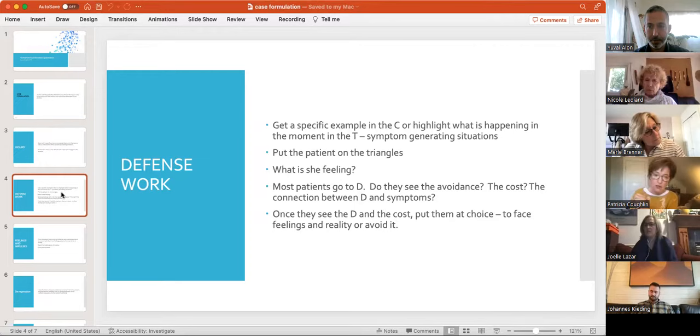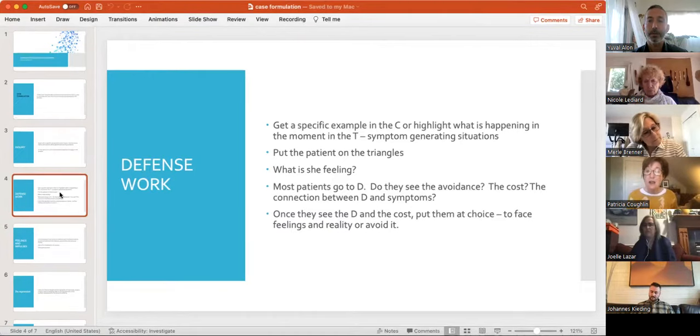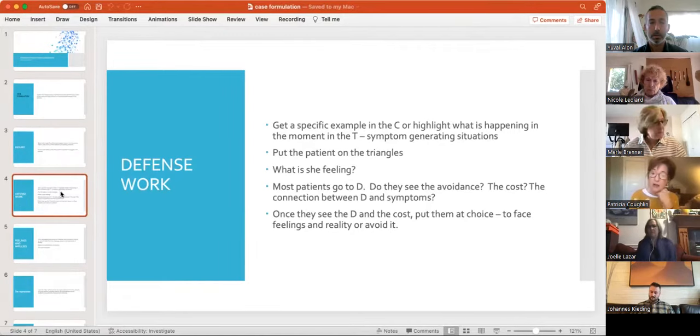So it's very important to get specific examples of the symptom-generating situation. That's either going to be in their current life, very often the incident that propelled them into treatment. What was the precipitating incident? Or you're going to see something happening between the two of you. The patient suddenly shuts down and withdraws and avoids your eyes. There's going to be evidence that they're having some kinds of feelings towards you and they're avoiding it. So you're going to look for an example either in the current life or in the transference.